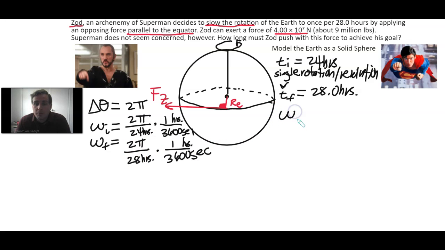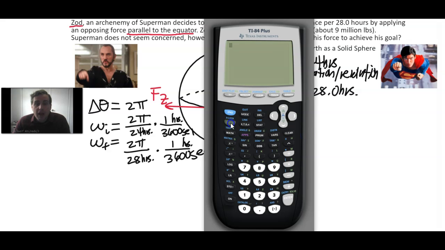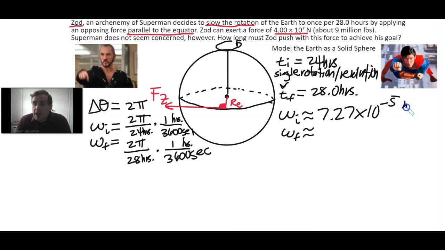So let's get this omega initial and omega final, because I think we'll need those. Let's do a fraction stack. Let's do alpha F1, numerator over denominator. Let's do 2 times pi divided by 24, and then also divided by 3,600. So let's write this down. 7.27 times 10 to the minus fifth, and that's units of radians